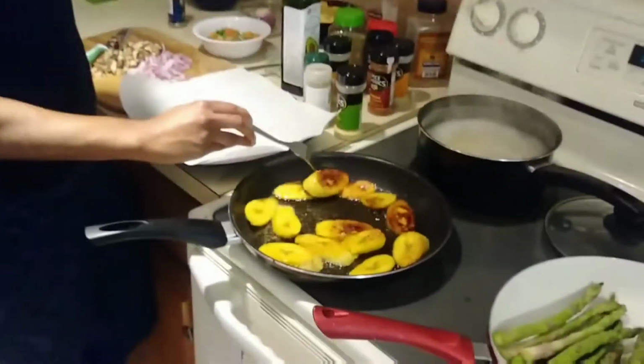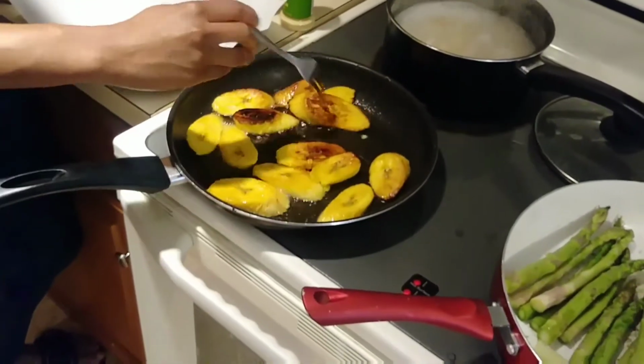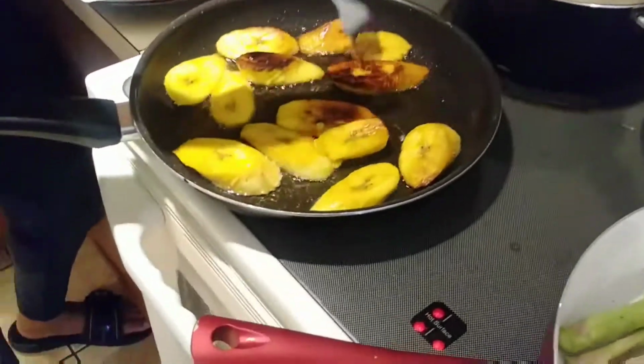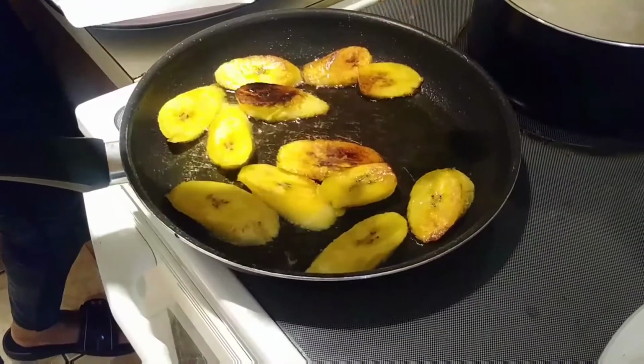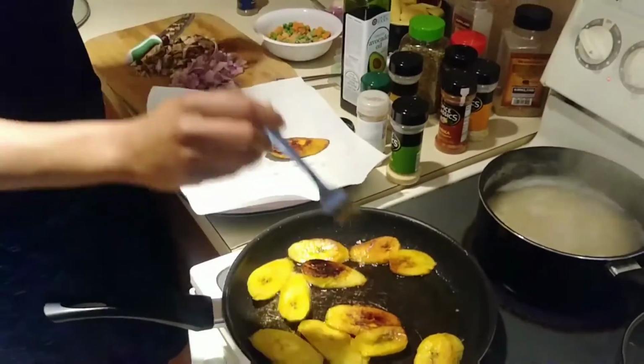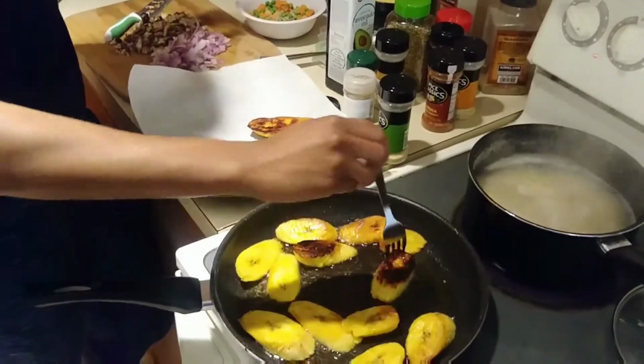As you can see, it is getting a little bit golden brown on both sides. This is actually one of the perfect ones. So once it's like this, you take your fork, drain the excess oil a little bit, and scoop it into your...